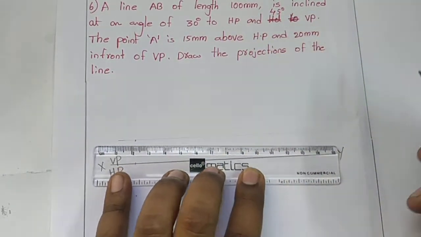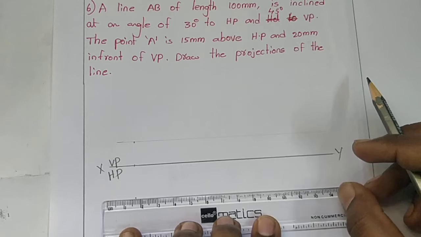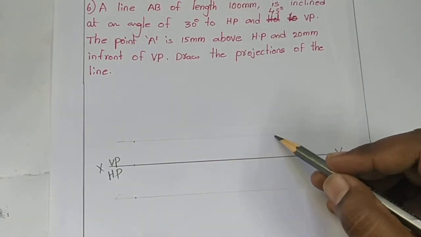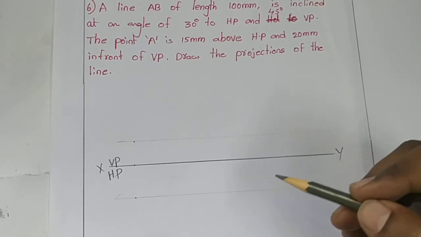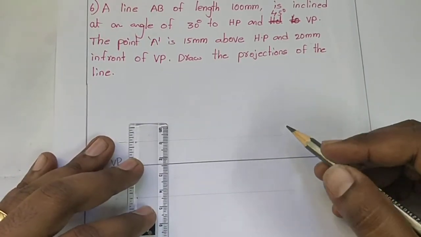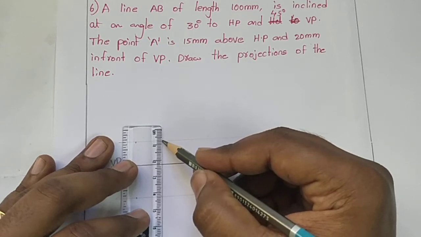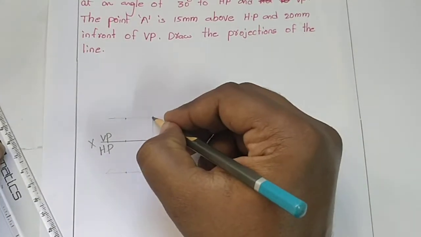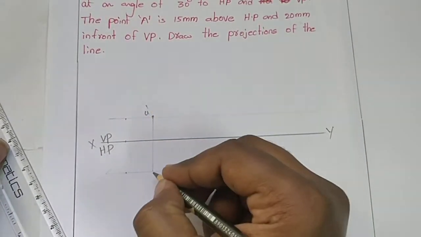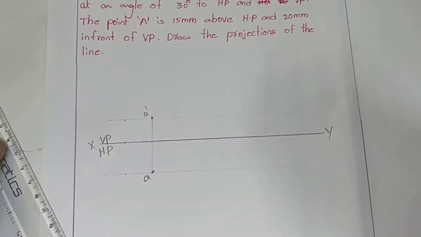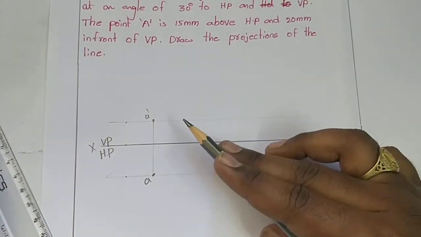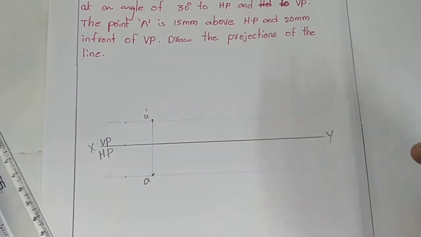Now I am drawing one locus. Similarly here also. This is the locus of A dash and this is the locus of A. That means first we identify the position of A. It is A dash and this one is A. Now we have completed 30% of the problem. We identified the position of A. Next we need to identify the position of B, then the problem will be completed.